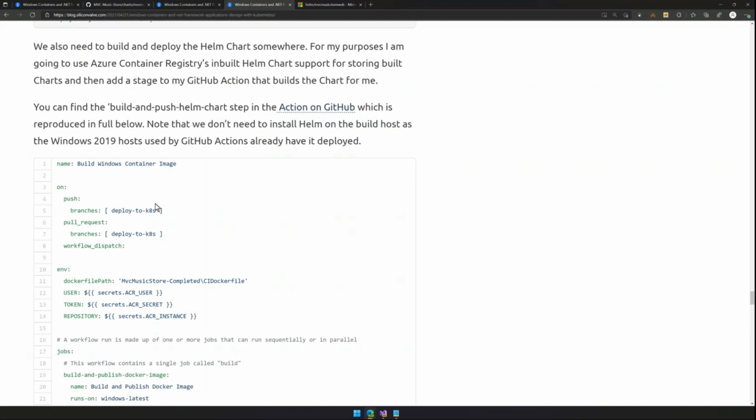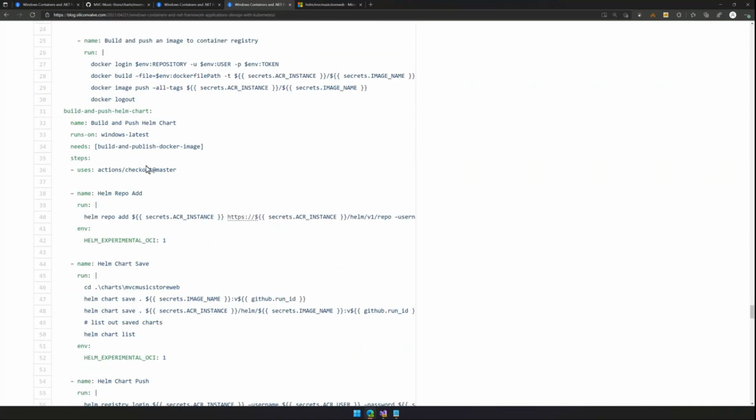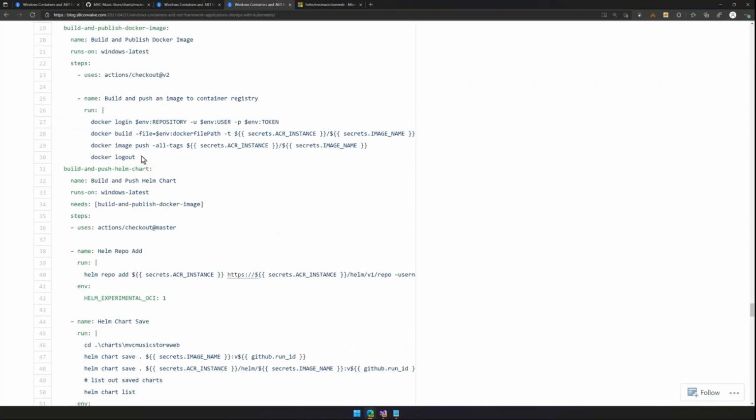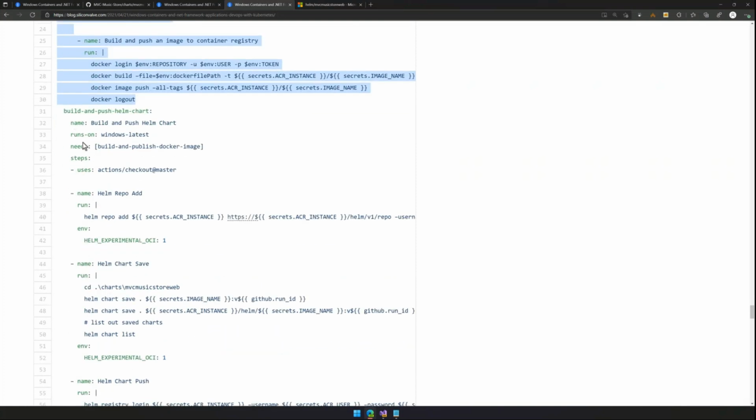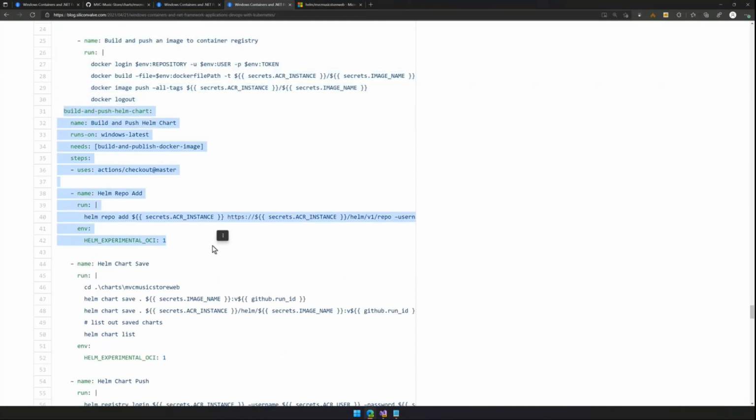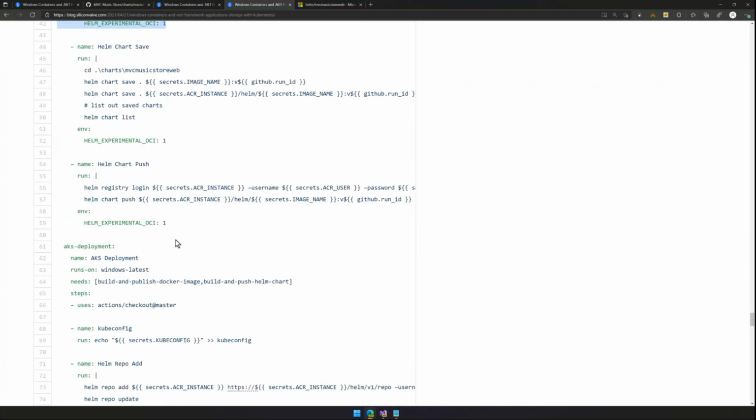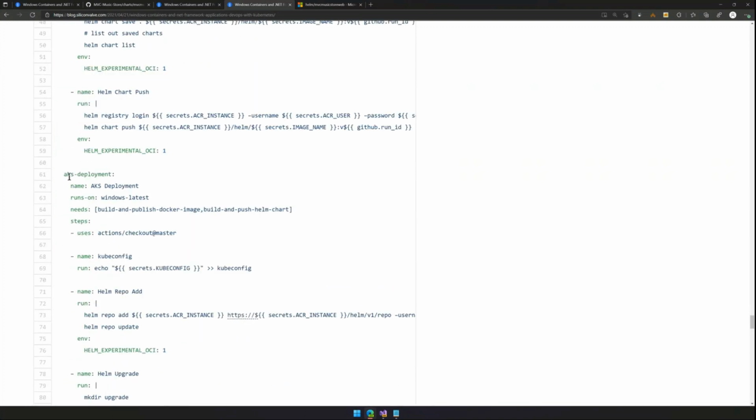So almost there, and then we can breathe a big sigh of relief. Taking our GitHub action, before we saw up to this point here, build and publish Docker image, which builds our image and pushes it to container registry. Then we want to take the Helm chart that we've just talked about, and build and push that so that it sits inside of the container registry. So at this point, we've got our container image and our Helm chart, which can be used to deploy it. After we've saved it, we're then going to deploy to Kubernetes.